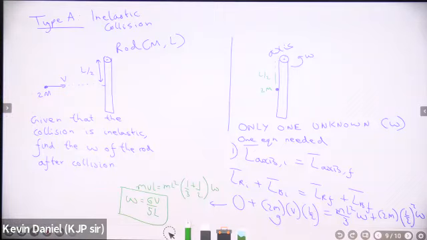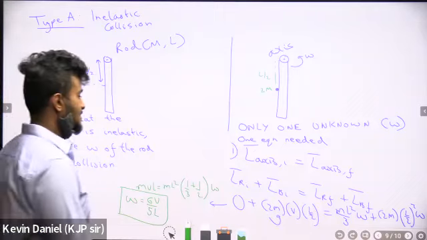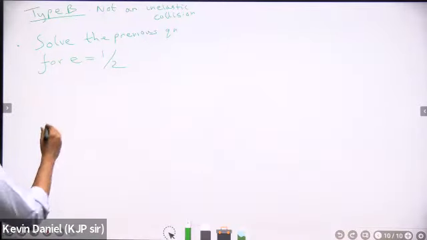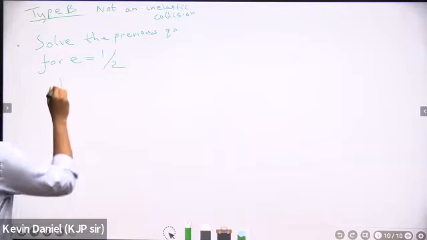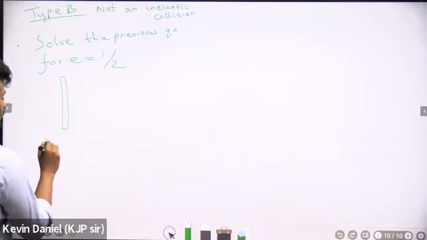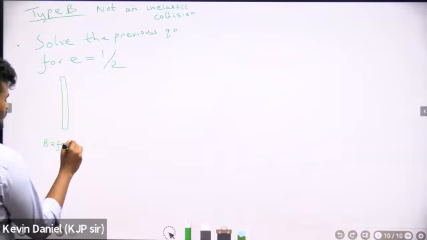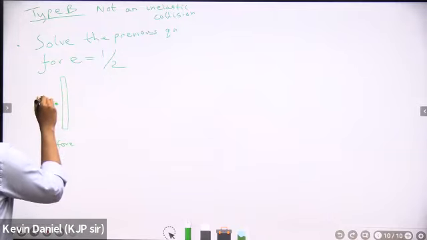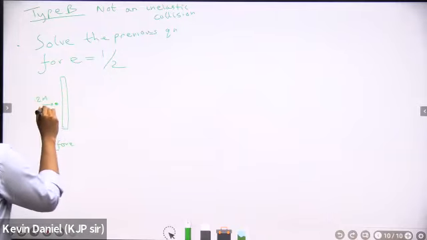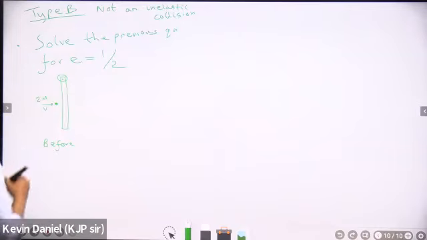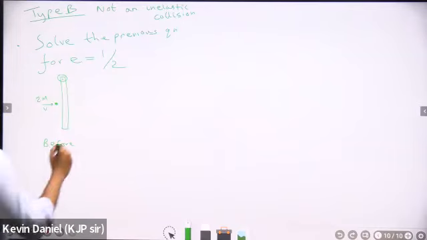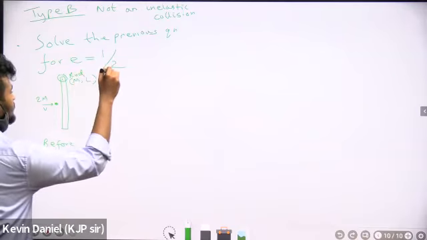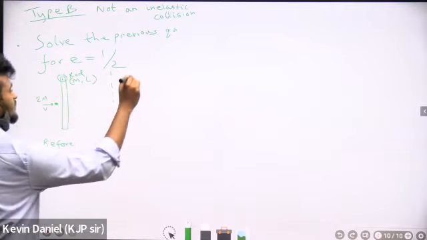Show me. So this is the scene before collision. Before collision, you have a particle of mass 2m heading towards the rod with a velocity v. The rod is at rest. I'll repeat, this is a rod of mass m and length l. The scene after collision is